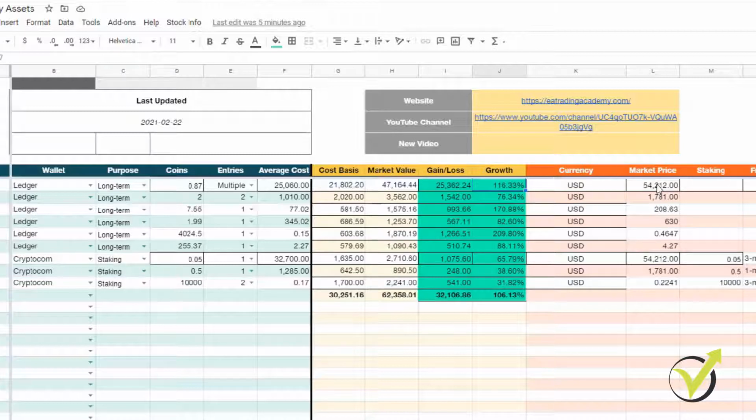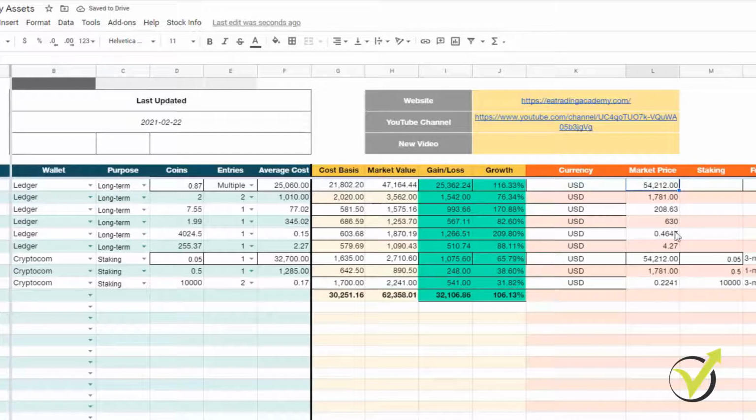All right, and when I change the price, so for example, let's say the next time I update the table, I usually don't do it every day, I do it once a week. But when I'm following more strictly, I update it every day, just at the end of the day, or in the morning. I take the closing of yesterday's candlestick and I see how much is my value or how much I have gained. So for example, you see if I change the market price to 50,000, you will see that automatically the values will change, right?